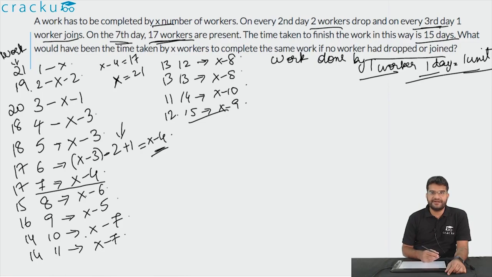Using this, we can calculate the total work that needs to be done in these kind of units. For that, we will have to just sum all of this. So 21 plus 19 is 40, 40 plus 20 is 60, 60 plus 18 plus 18, that is 60 plus 36 is 96, 96 plus 17, 17 is 34, is 130, 130 plus 31 is 161, 161 plus 28 is